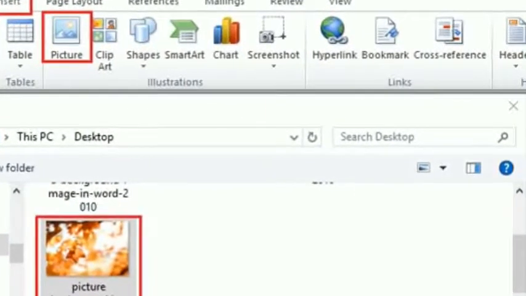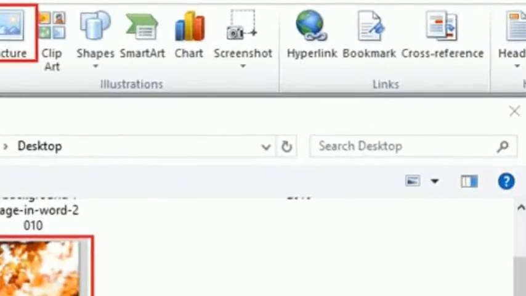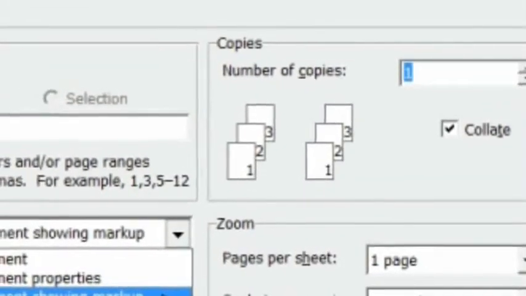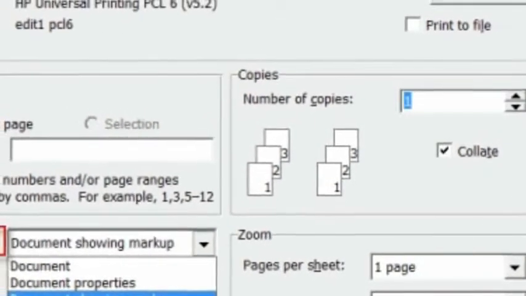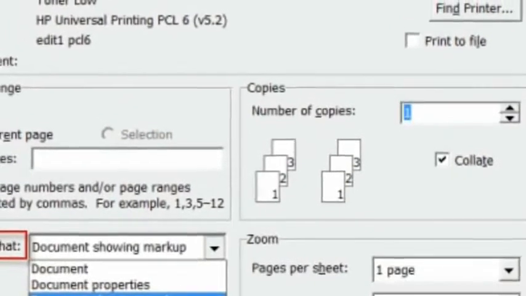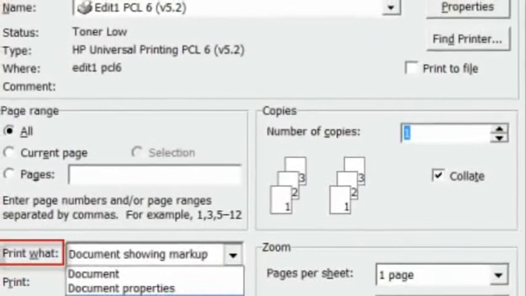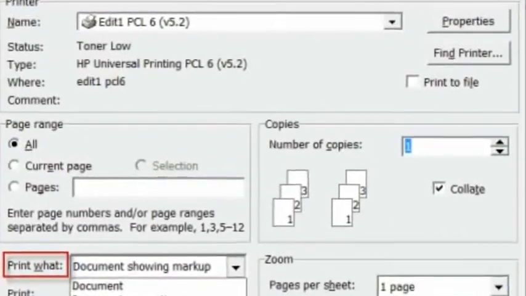Now let's see about printing a document. Word 2016 offers a print option to preview the document and take a hard copy of it. You need a printer connected to the computer to take a printout.